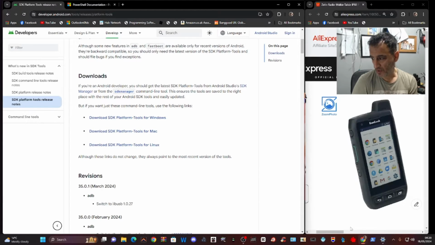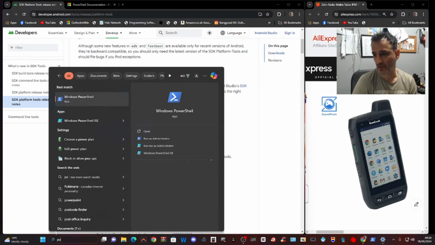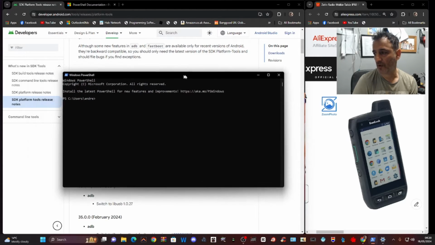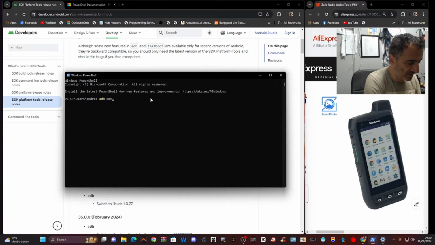So let's open up PowerShell, which comes free. If you can't find it on your PC, just start to search here with PO and you'll see Windows PowerShell. And this is the one I've got now. I'll show you the installation, but if I right now type in adb devices,